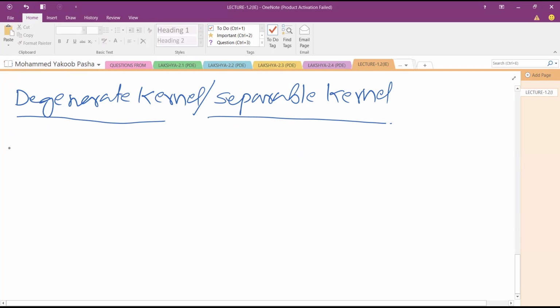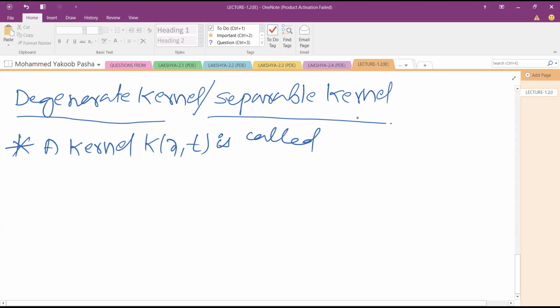First of all, we are taking a kernel k of x comma t. This is my kernel. Kernel means it is a known function that appears in the integral equation. This is called a degenerate kernel. This kernel is said to be a degenerate kernel if the condition is that it can be